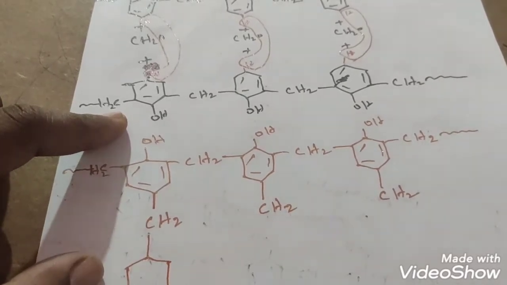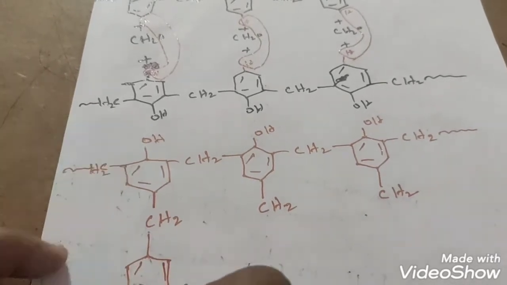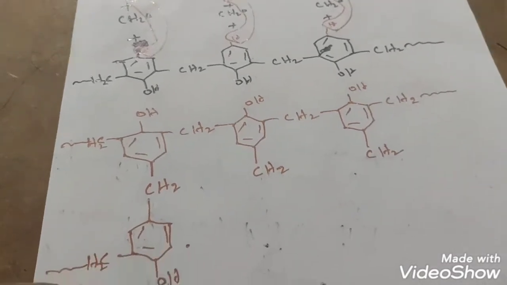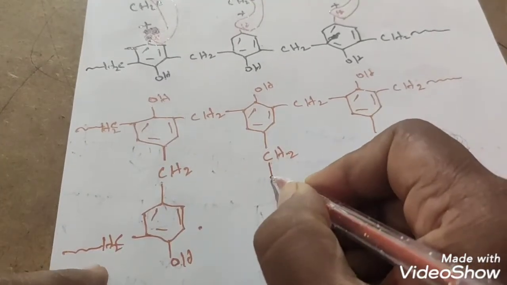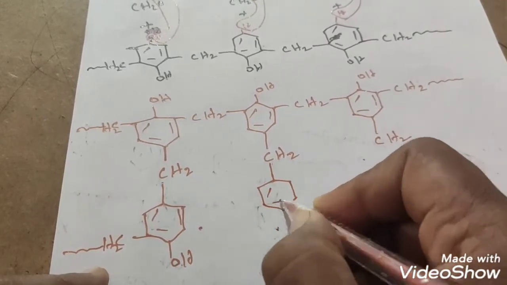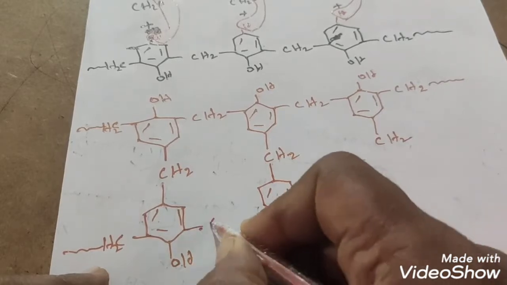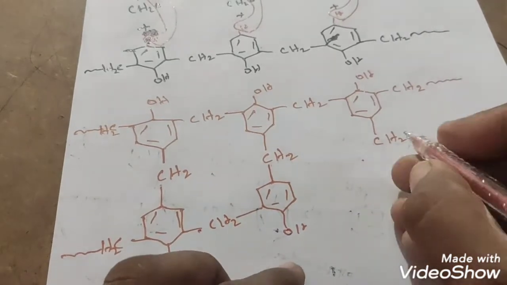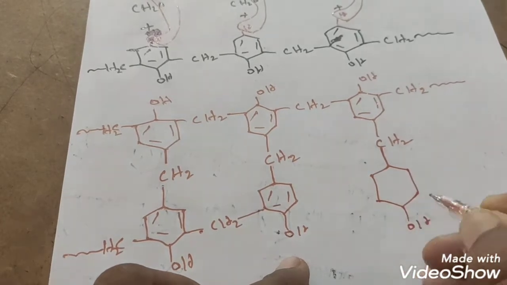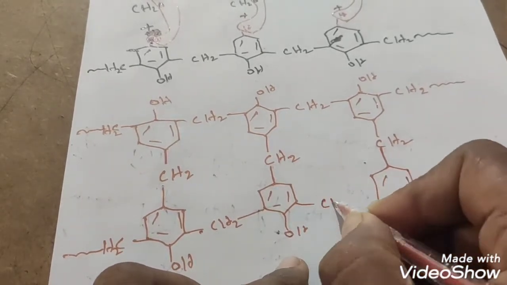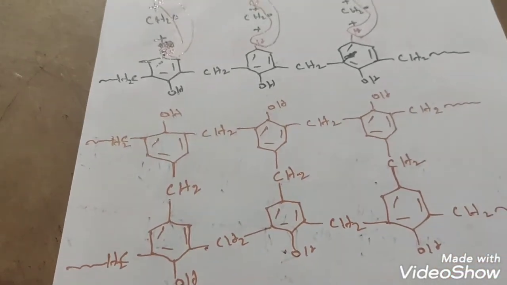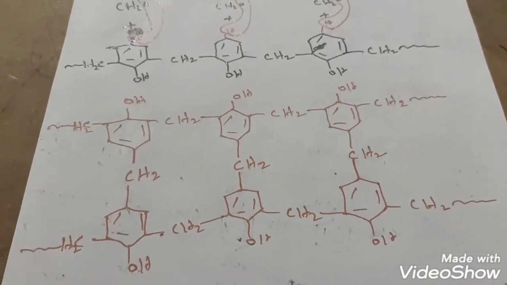First you take benzene rings or else phenol, like this you can write. At last, on this side you put a CH2 and join the continuation part, right? The same thing you can take here also, students. Here CH2 you should add, right? Here also the same thing. Here you should add CH2, right? Here CH2, this continuation part. This is the Bakelite structure.